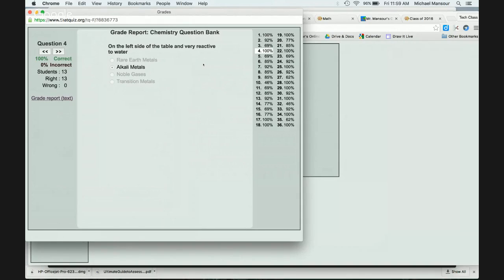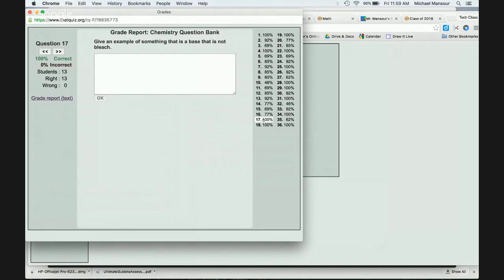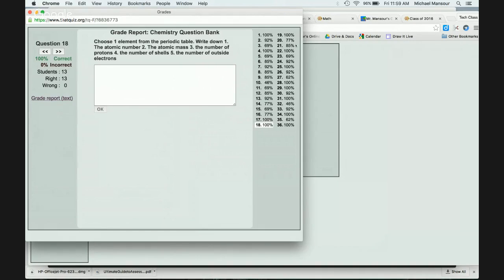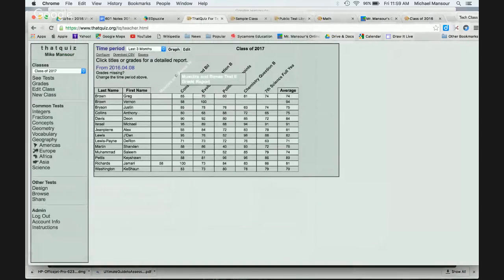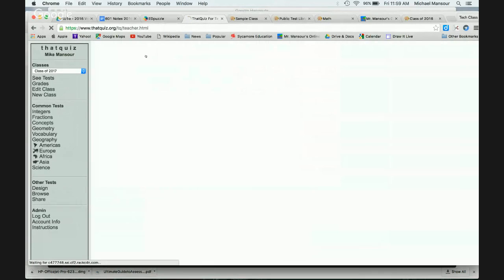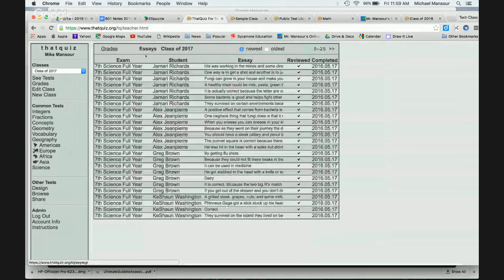So people got alkali metals very well. Like I said, we spent a lot of time just covering some of the basics of the periodic table, and I can see that students did very well. And these are essay questions, and I'll show you those here in a second. But if I go back to the main screen here, one of the cool things that I can see is essay questions. And so I click essay,